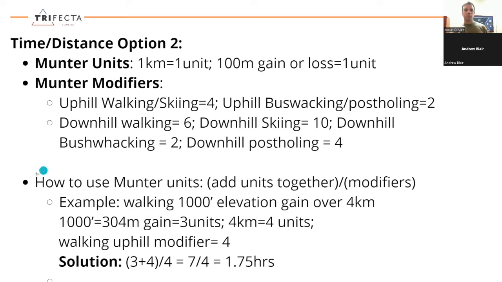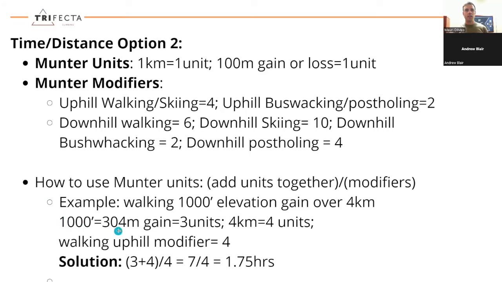So how do you use your Munter units? You can see the same example we used before down below here. On the top, it's a division method. You're going to add all the Munter units together, and then you're going to divide that by your modifiers. So in the example of walking with 1,000 feet of elevation gain over 4 kilometers,